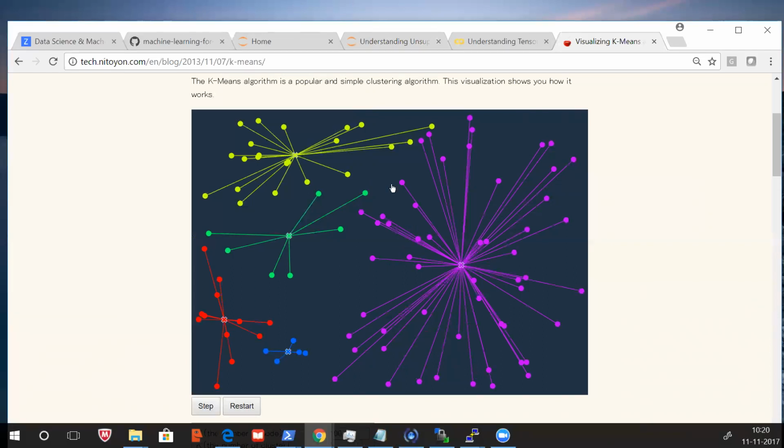But do you remember what L1 distance and L2 distance are? L1 distance is the absolute value of the distance between two coordinates. For this coordinate and this coordinate, you just subtract them and take the absolute value. That is L1 distance. L2 distance is the distance between this point and this point: square the differences, sum them all, and take the square root. Euclidean distance is also known as L2 distance, the square root of the sum of squares of differences.